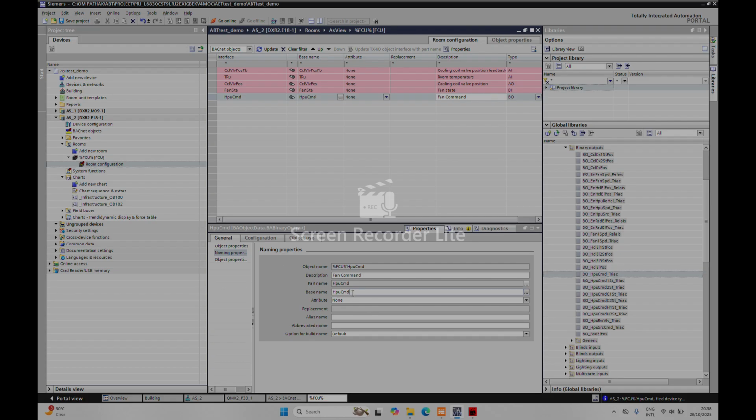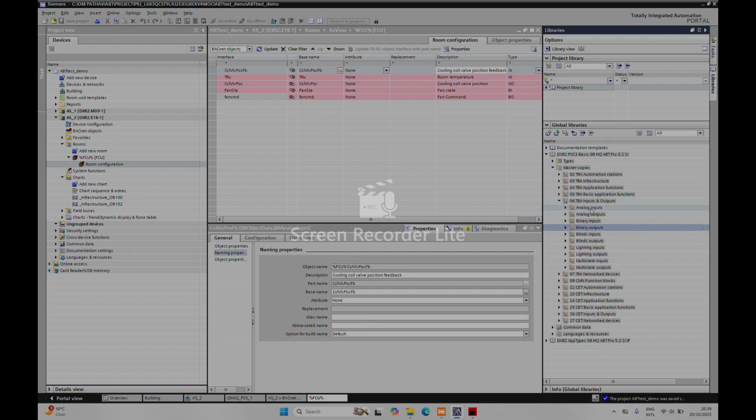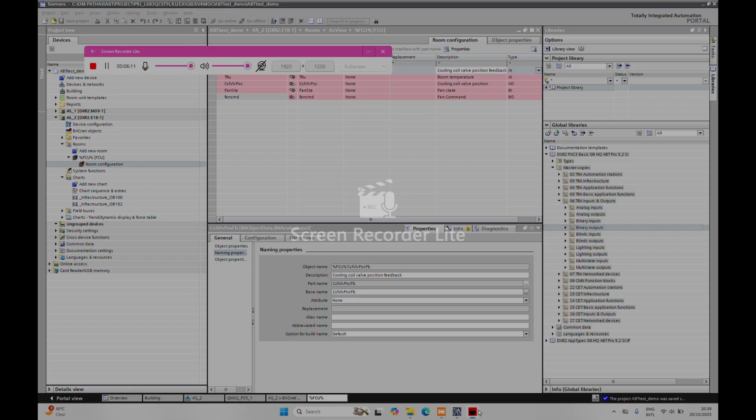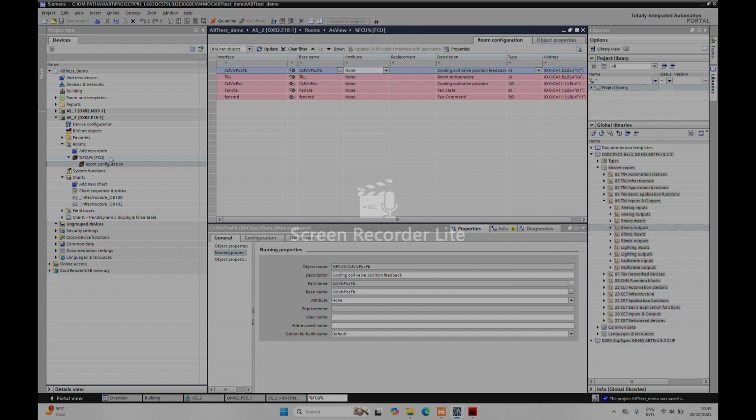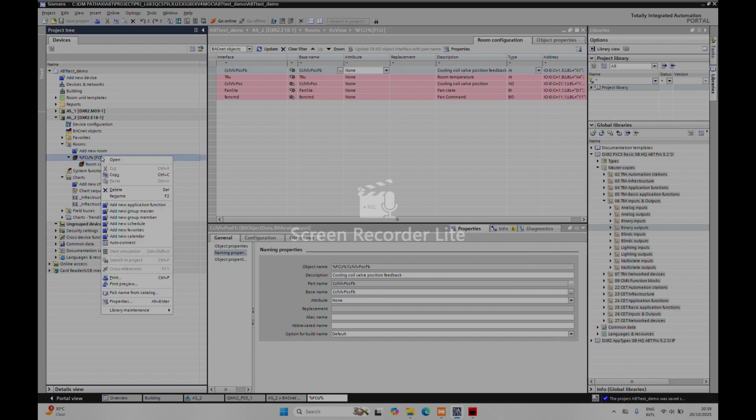Okay, and cmd. Okay, so I created some IO points here. You can see. Okay, what I will do now, I will go to room. I will create one